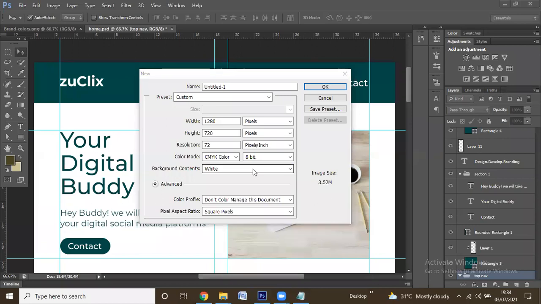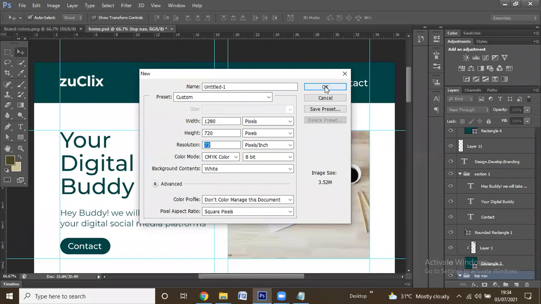Okay, so I hope you understand. For RGB, you can put a minimum resolution of 72. While going for print media and advertisement things, you have to put a minimum of 300 resolution and go for CMYK color mode. You can go for a minimum of 72 also for print things, but the output is not good. So for advertisement in print, you have to go for high resolution beyond 72.